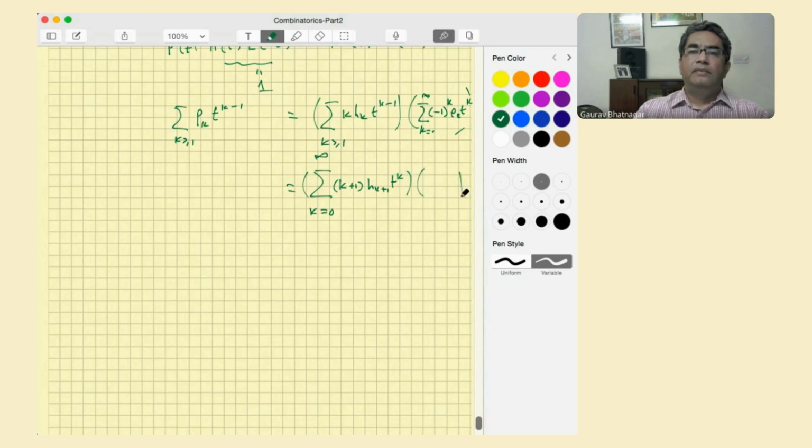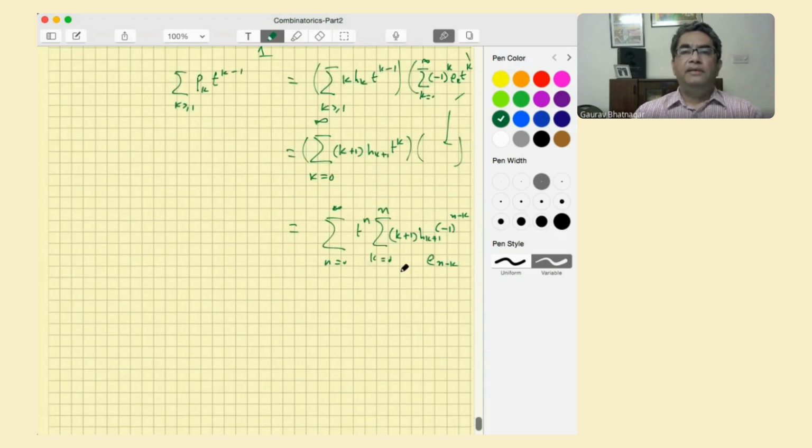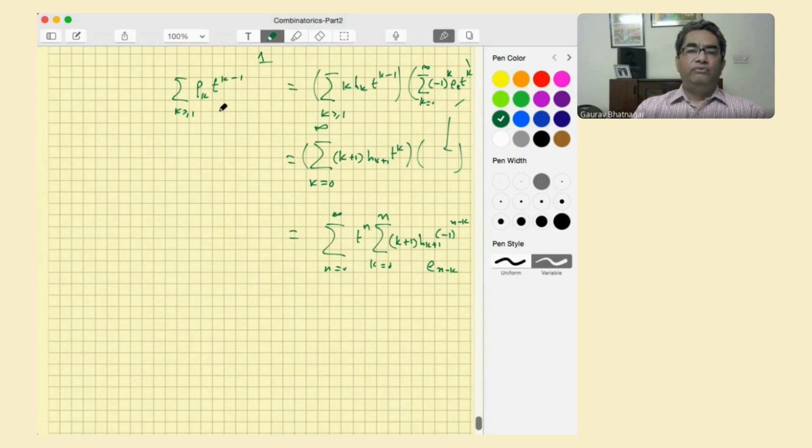This guy here. And then it's okay for me. I can take n going from 0 to infinity and k going from 0 to n, and this guy k plus 1, h k plus 1, and then minus 1 to the n minus k, e raised power n minus k. And now we compare coefficients of,